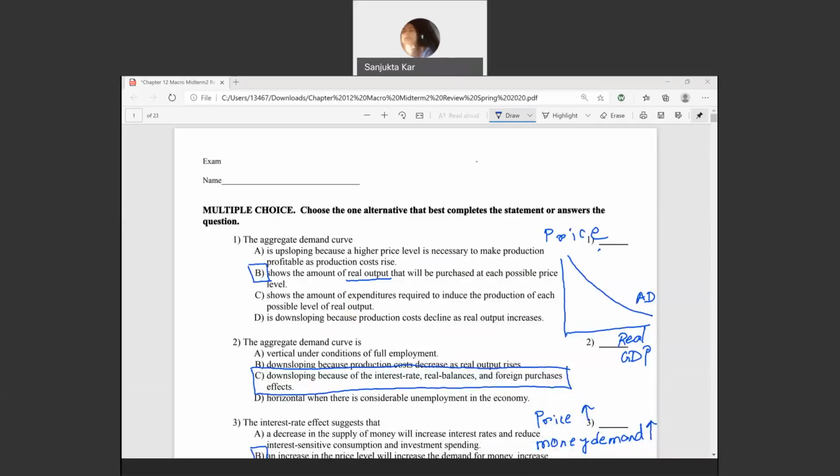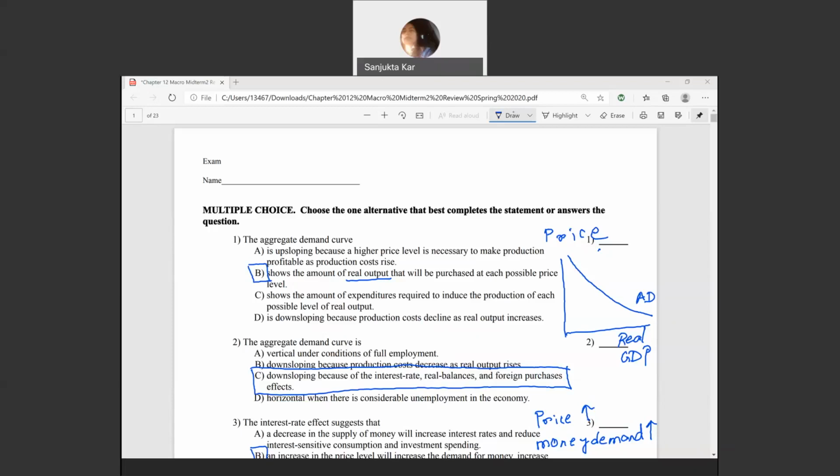So here we will look at the questions on aggregate demand and aggregate supply. First question, the aggregate demand curve shows the amount of real output that will be purchased at each possible price level. So this one, when it talks about real output, we look at real gross domestic product. Aggregate demand curve is showing us the relation between price and real gross domestic product, and this curve is downward